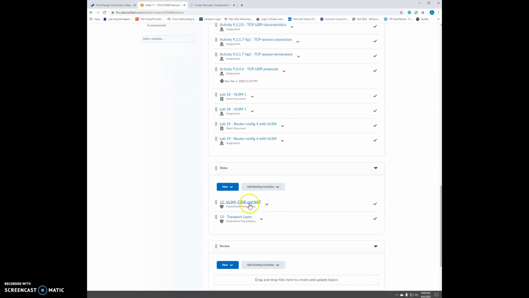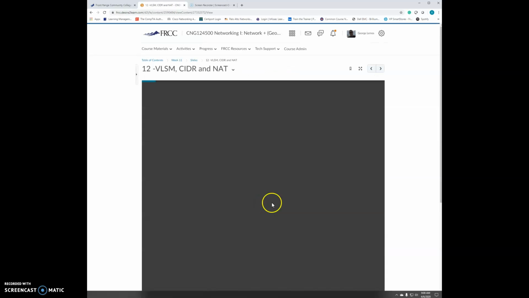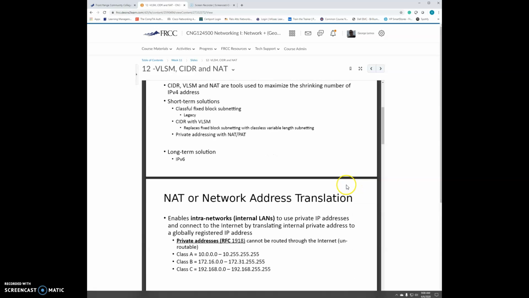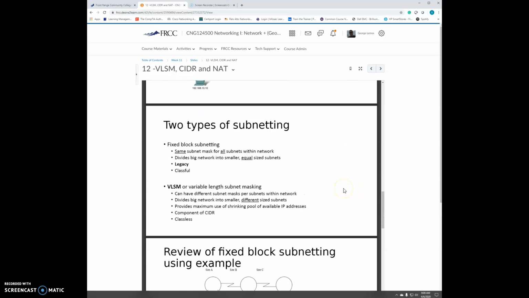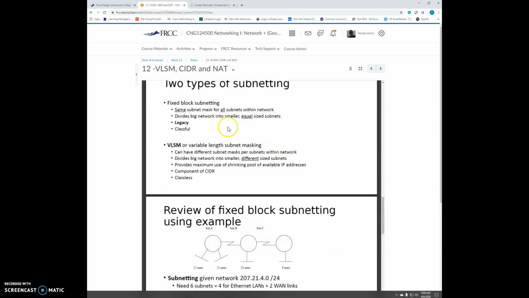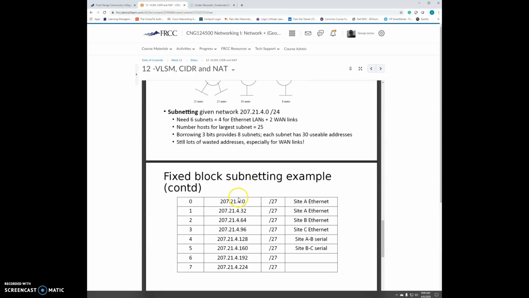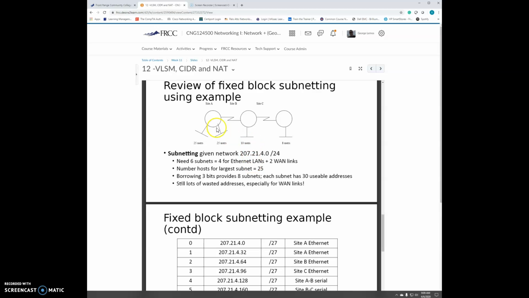And let me see if I can bring this up. Some of the slides from this one are going to look familiar because we already saw them before. So two types of subnetting, we've seen that before: fixed block, which we're currently doing, all equal size subnets, and VLSM. Taking my example here at the top, we have 25, 25, 10, 8, 2, 2. So hopefully you're able to start to recognize where the network connections are and what they look like off the back. And if you can't, make sure you still practice this.